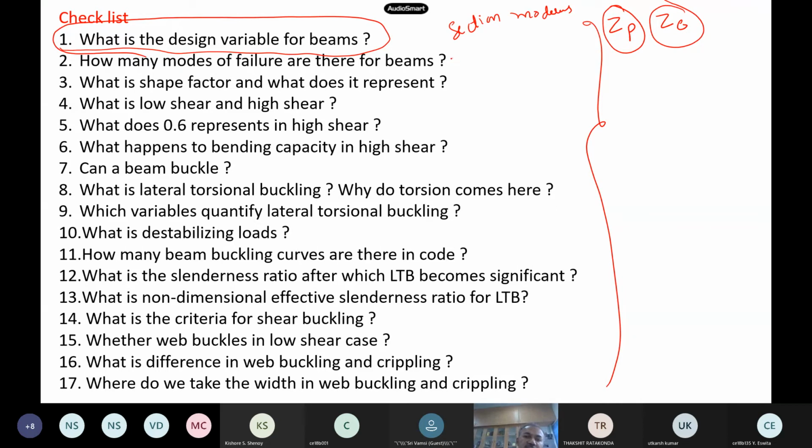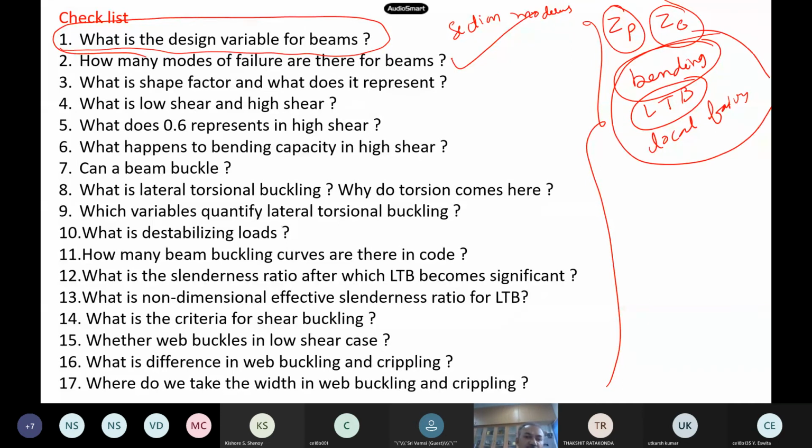Now, how many modes of failure are there for beams? How many failure modes are there broadly? Buckling, shear, and moment. That one is bending. You followed. Bending mode. Then we had of course a shear capacity, that is fine, but broadly speaking I showed you the slides, buckling, whatever you told. Then the last one is local failures, that means web crippling, web buckling and others. So three modes of failure are there, majority for the beams.